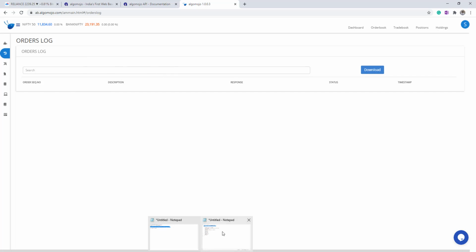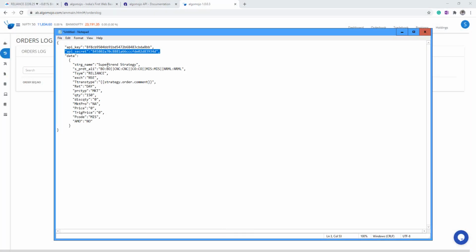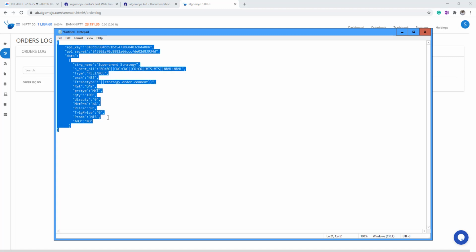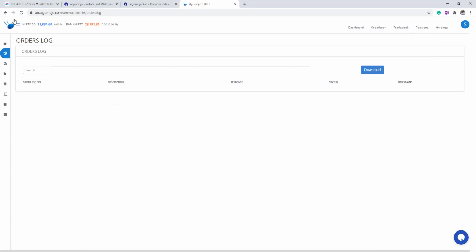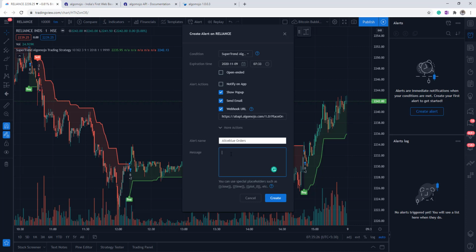And now go to the formatting data. So here give the name as super trend strategy and enter the symbol name as Reliance and the exchange is NSE, and on top of that enter the quantity here. So let's say like 100 shares I want to enter, and the product code as MIS. So once you're done with that, copy the text content and go to the comment section and paste it over here simply. Right, so whenever the alerts are coming in, it will be calling automatically.